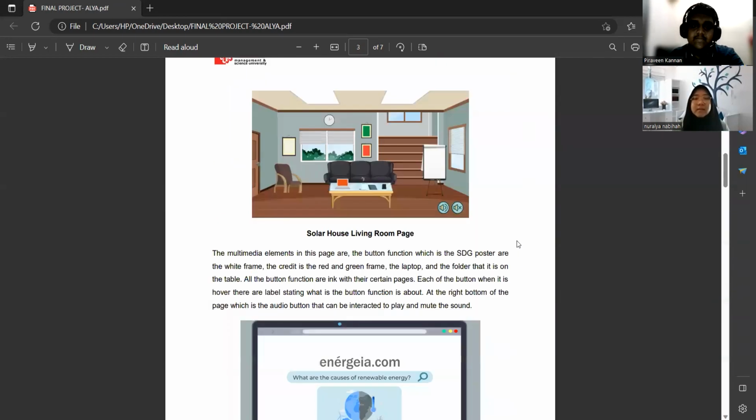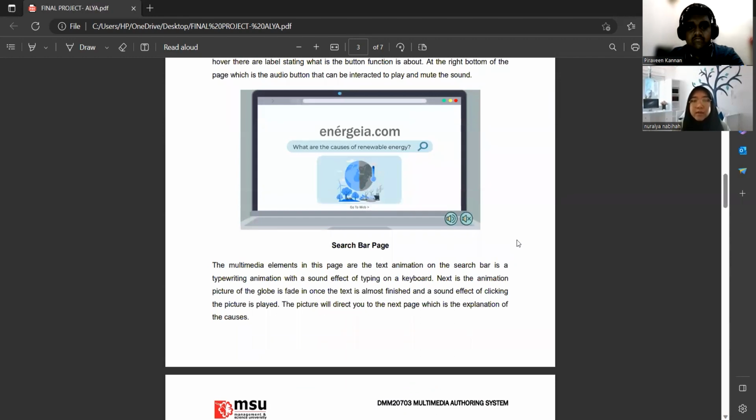The next part is when you go back to the table of contents page, there will be a solar house, which if you click on it, will direct you to this living room, which in my part, I did the SDG poster and the credit or developer pages. The laptop is for the causes, and there is a folder on the table which is for the introduction of our project topic. If you click on the laptop, it will direct you to a screen